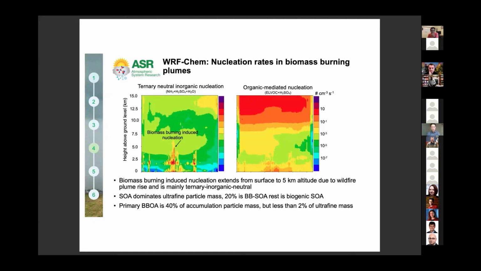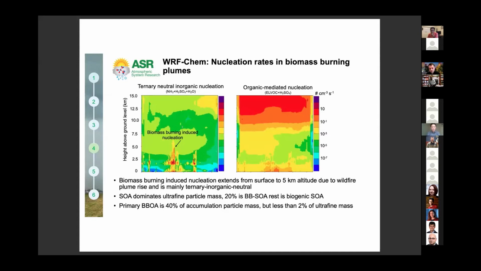So what you see on the left panel is biomass burning induced nucleation. We have tried 7 different nucleation mechanisms: organic, ternary, and then ion induced and neutral. The one which really stands out in biomass burning plumes is the ternary neutral inorganic nucleation. And a lot of this is because of the enhanced ammonia within these biomass burning plumes compared to the background